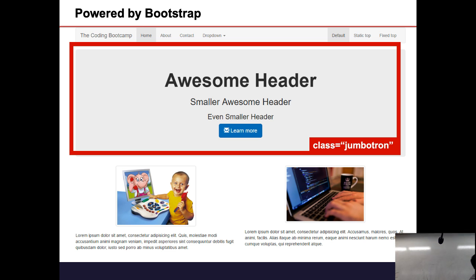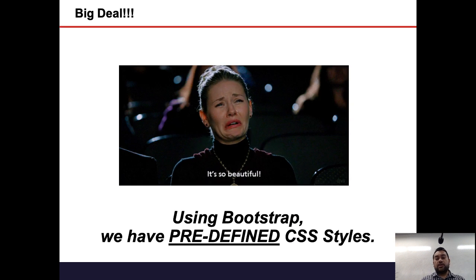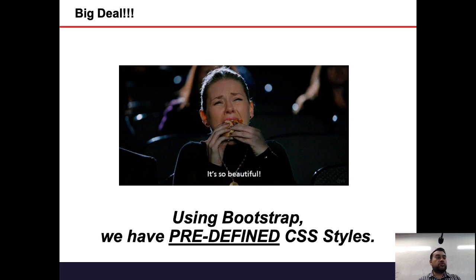Some of the more popular classes, we saw Jumbotron, buttons, tables, images, all kinds of stuff. I hope people went back and looked at the documentation. There's a lot of stuff that comes with Bootstrap.